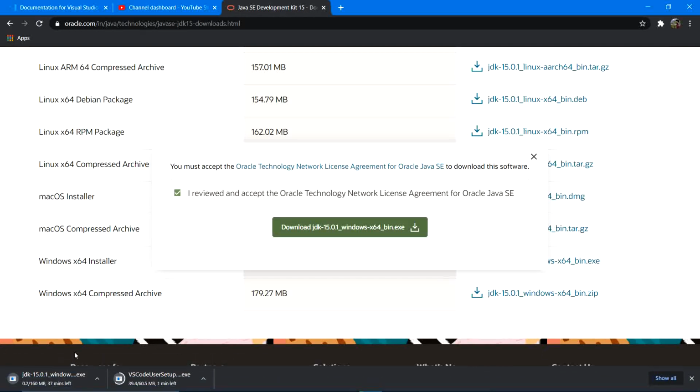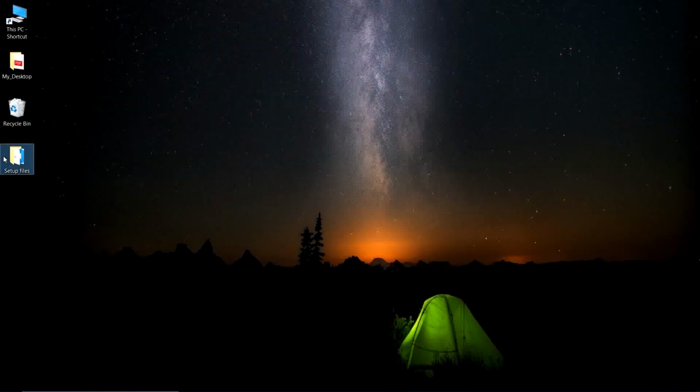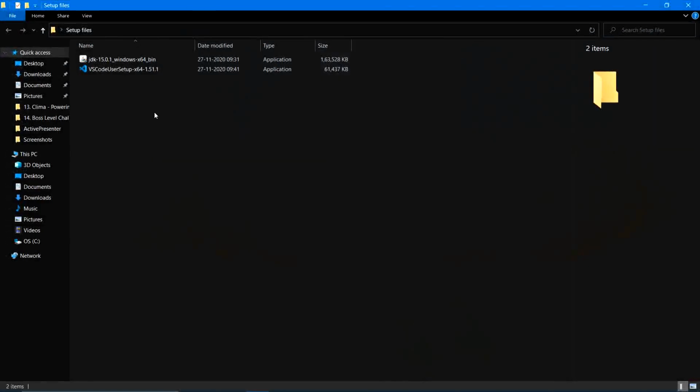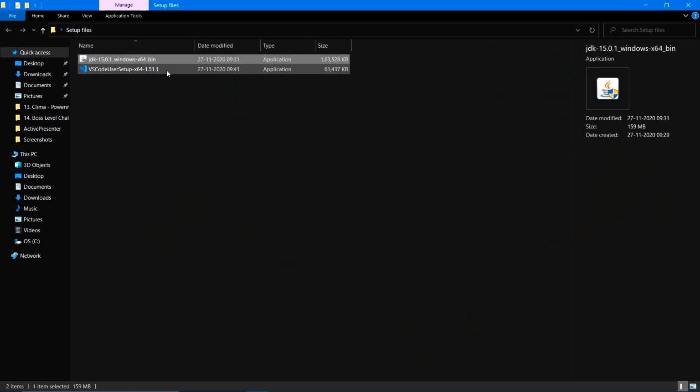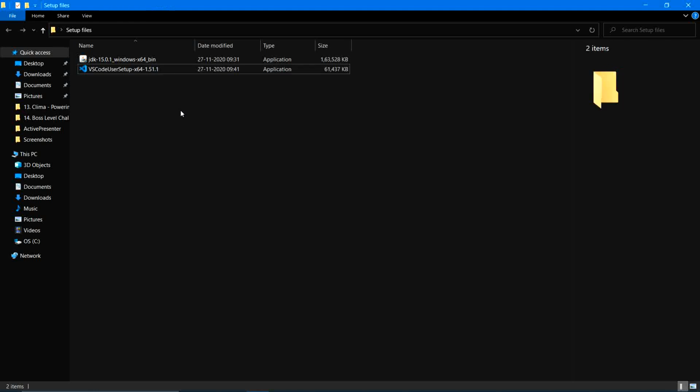Now the downloading will start. I am cancelling this download because I have already downloaded these setup files. So after downloading is completed, we have these two setup files. One is for JDK and the other is for Visual Studio Code.